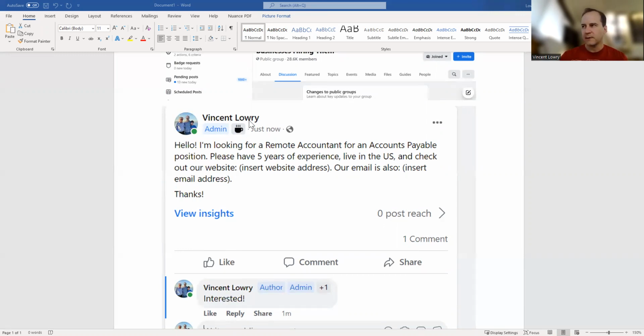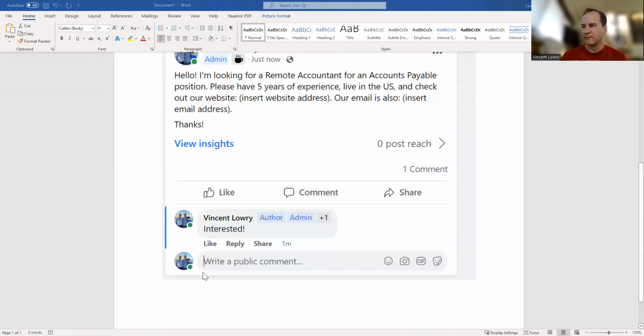You know, send them a personal message on Facebook. If they have a website address, look at their website and see if there's anywhere that you can apply for the job there. Let's see if there's contact information there. Also, if they give an email address, send them an email, or maybe you'll see their email within the website or something like that, right? So do more than just say interested on this, because what's going to happen after this is that, yeah, this is one, but there's going to be 20 other people that say interested.